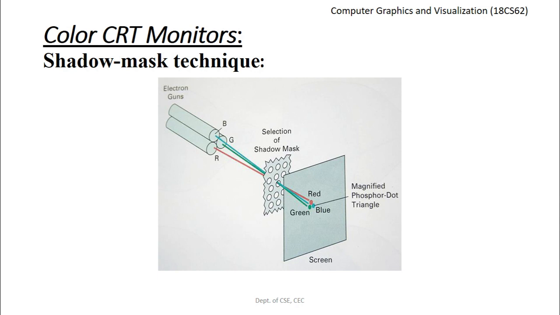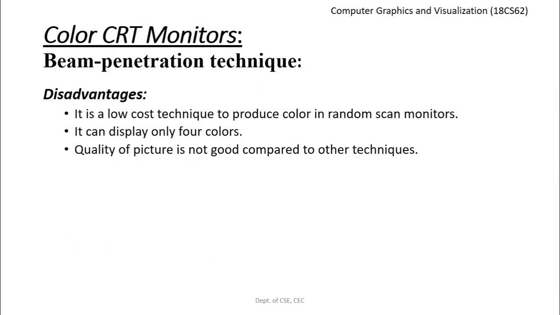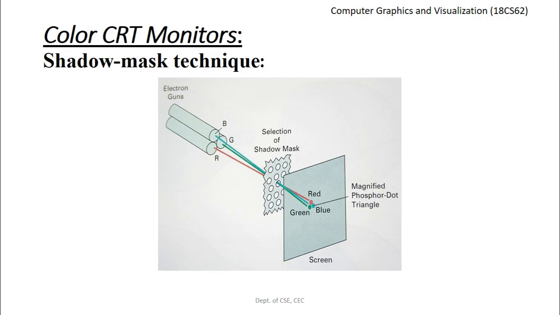So these are the 2 techniques used for color CRT monitors. One we have is something called as beam penetration technique, as we discussed earlier, and the second technique that we have is called as the shadow mask technique, which we discussed just now. So remember, in shadow mask techniques, we will be using 3 electron guns, and every pixel or every dot on a screen will be having 3 components, 1 dot for the red, 1 dot for the green, and 1 dot for the blue, and there will be a shadow mask which ensures that only one of these 3 dots is illuminated on the screen. The intensity of the 3 electron beams can be altered to change the colors that are appearing on the CRT screen.